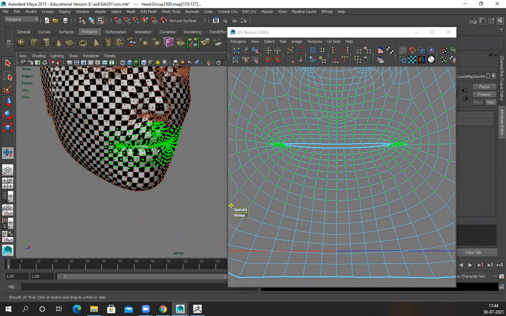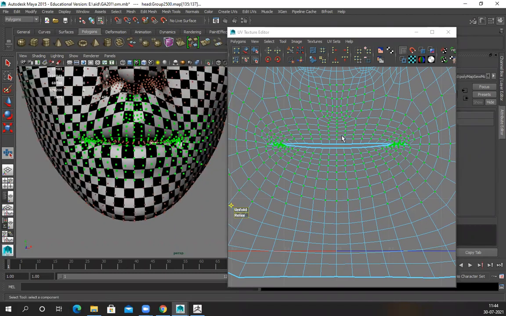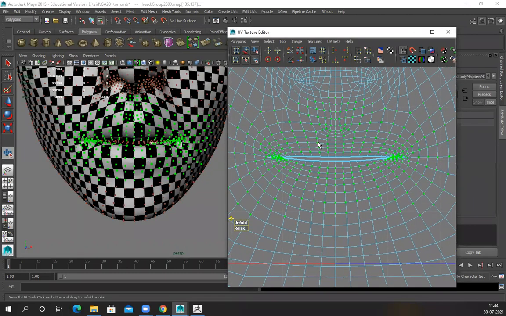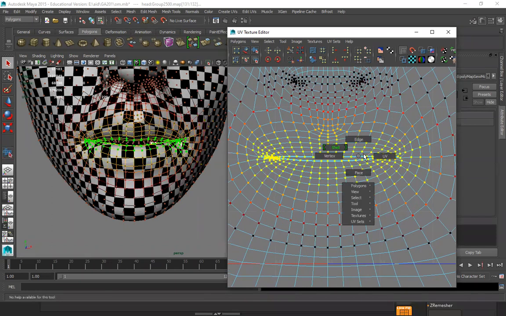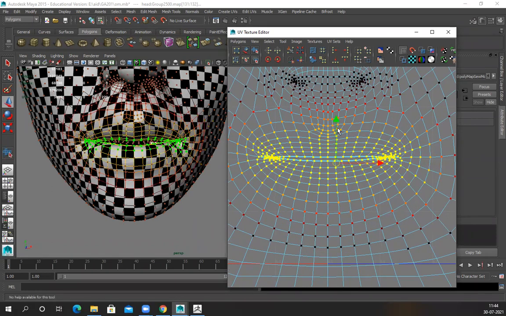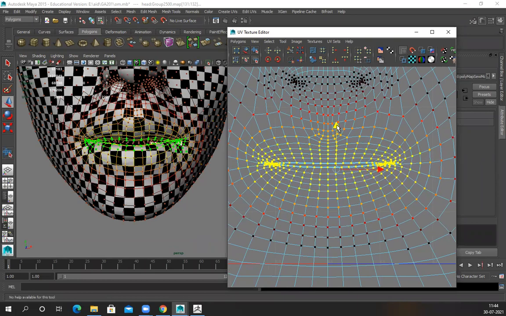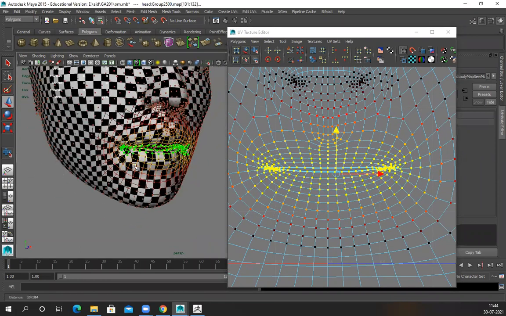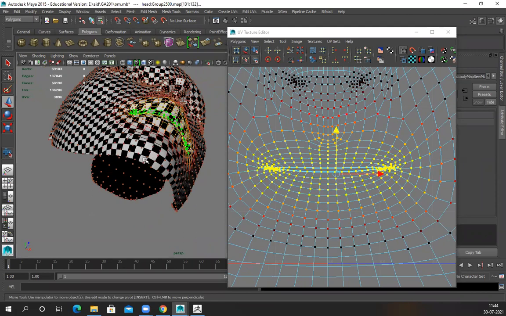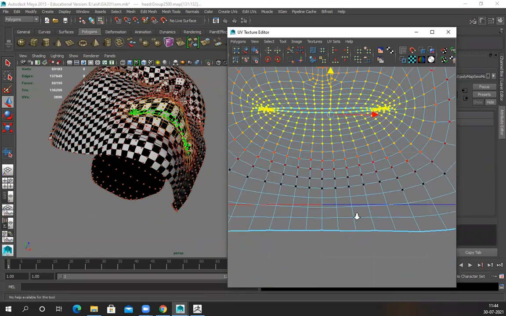So you can fix it. Slight stretch. To get rid of this, select the space, slight soft selection, move it down. So less stretch, slight stretch is okay. That part is not visible.